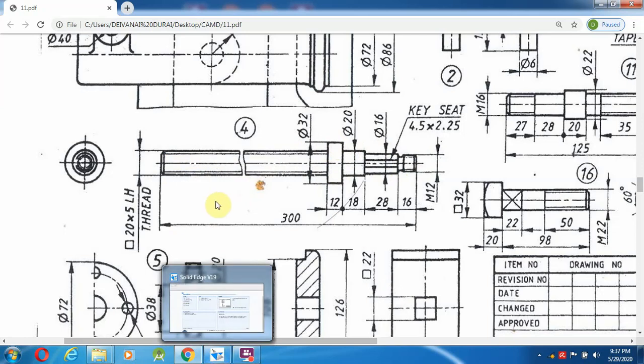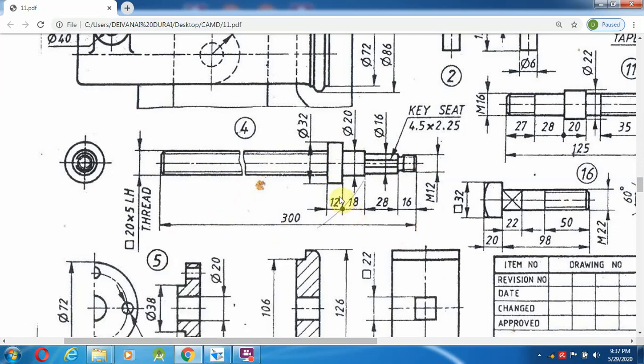Now I'm going to do it with the help of the protrusion command. First I'm going to draw the smaller one. What is the size of this one? It is 12 mm diameter and 16 mm length.